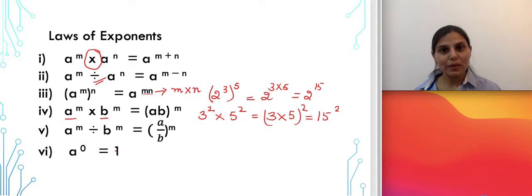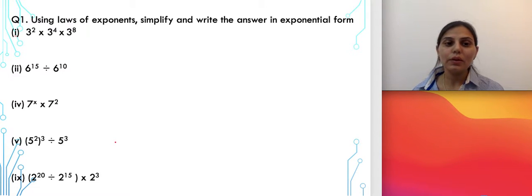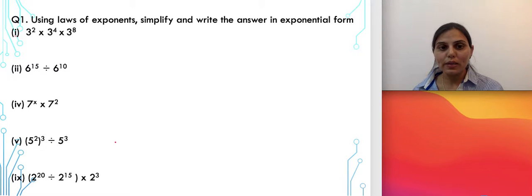So these are the basic laws which you need to remember, and their application in the questions is very important, which we are going to start now. Now if you see question number 1, using the laws of exponents, we need to simplify and write the answer in the exponential form. Sometimes in the question it is given that you have to leave the answer in exponential form. Sometimes it is given you need to find the value and you need to simplify. So you need to understand and read the question carefully before you start solving. In this particular question, we are not supposed to simplify. We are supposed to leave the answer in exponential form. We don't need to find the value of the answer. So let's apply the laws.